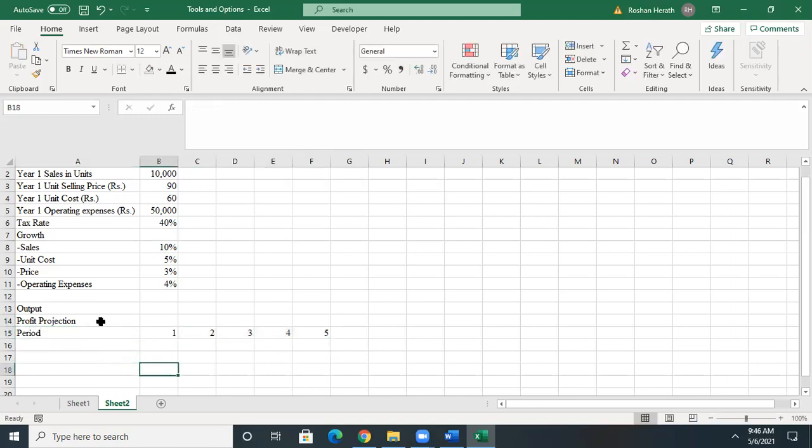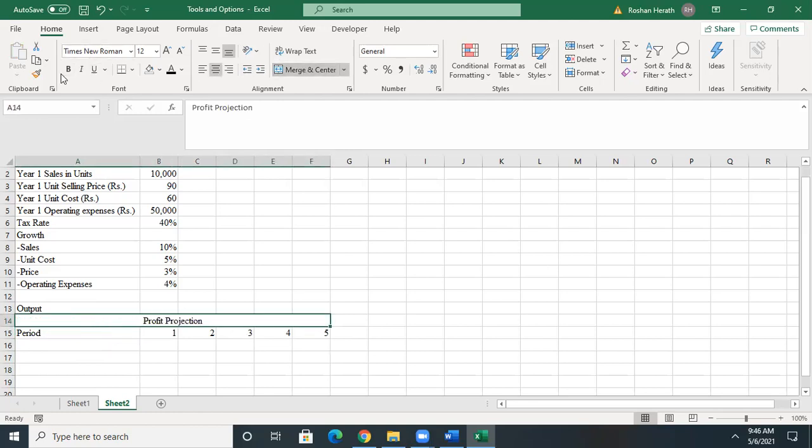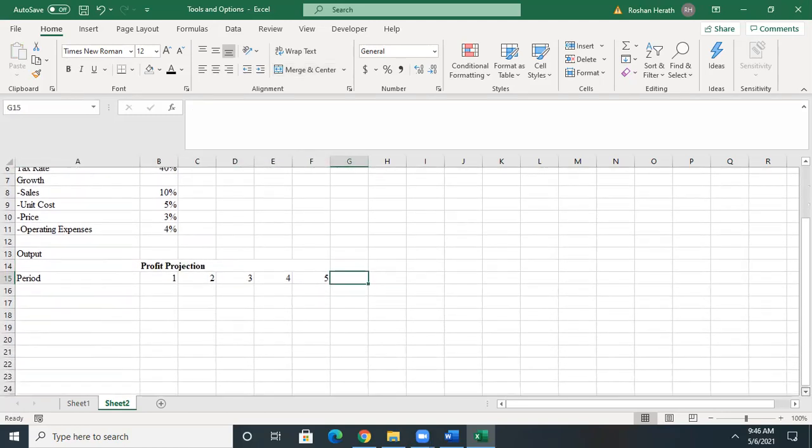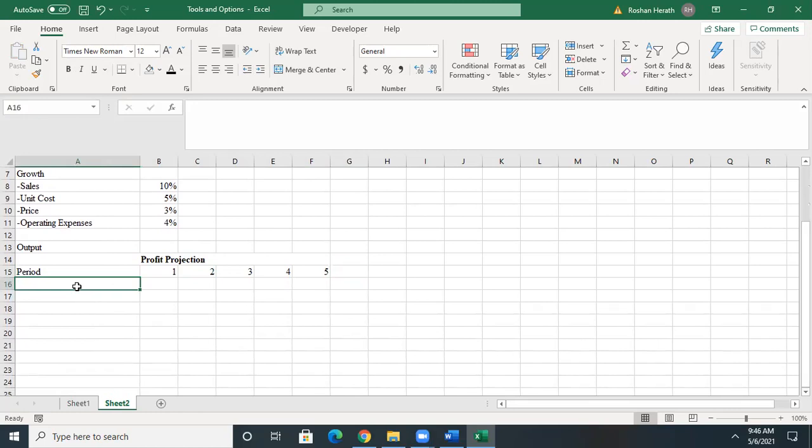Going to make the period bigger. Then you know you have the sales. So you used to develop a model like this: cost of sales, gross profit,